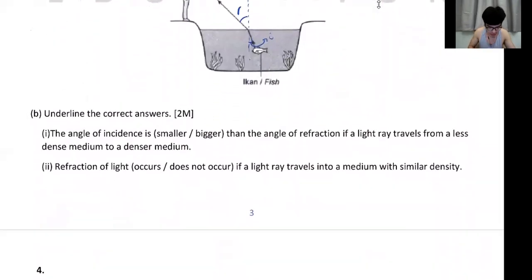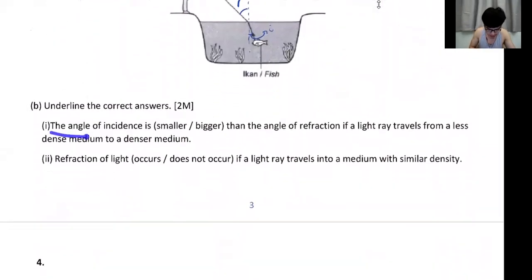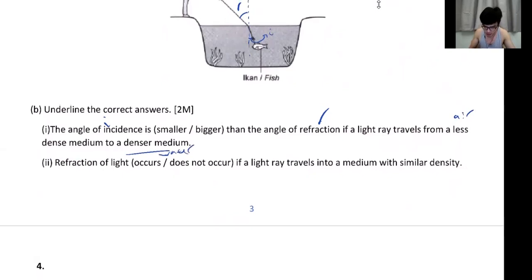Okay, so next B, underline the correct answer. The angle of incidence is what? Then the angle of reflection. Okay, that means this is I, this is R. If the light ray travels from a less dense medium to a denser medium, okay, less dense medium, that means like air. Denser medium, that means like water. Okay, so from air to water,